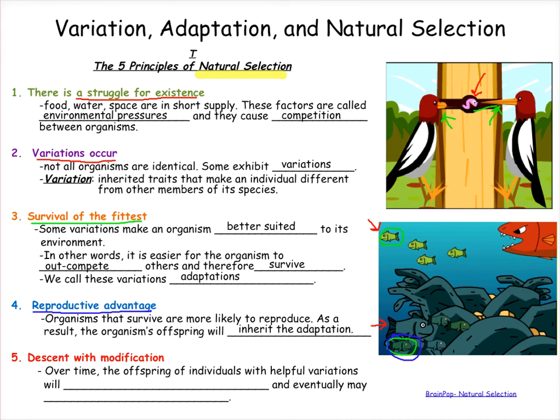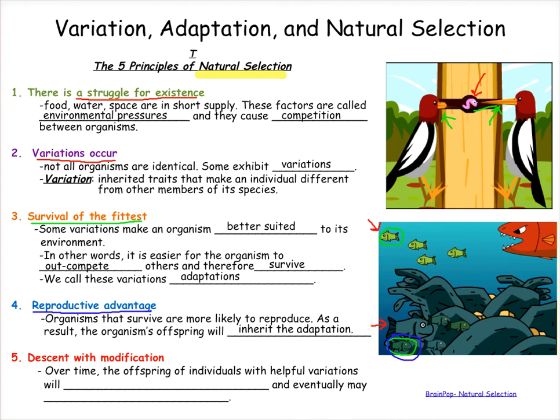In these examples, the long-beaked bird and the dark green fish will survive because they have an adaptive variation, and therefore they will get the opportunity to reproduce and have long-beaked chicks and dark green fish babies. On the other hand, any organisms that had variations that were not adaptive are less likely to survive and will be less likely to have children to inherit their variations. In this example, no new short-beaked birds and light green fish will be made because their parents' variations were not adaptive.